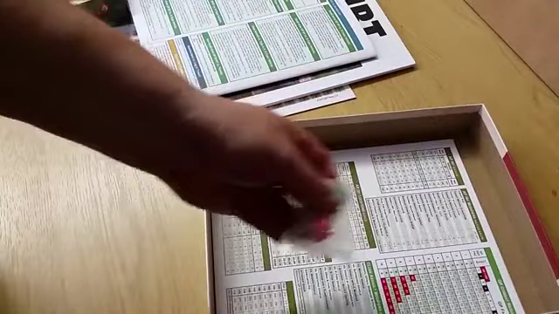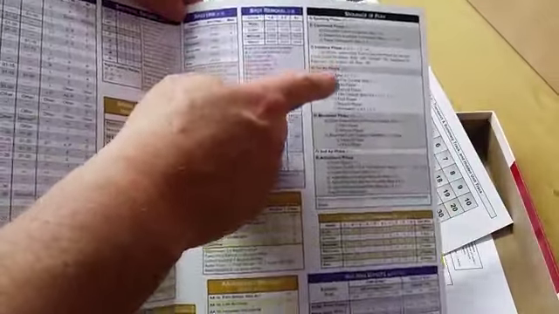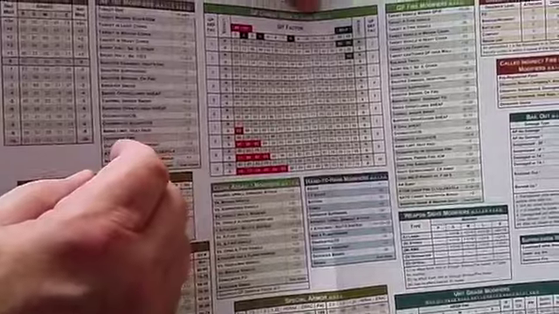4 dice that are included. Your combat charts, so each player gets one of these 11 by 17 charts. And your terrain effects, spotting, you have a handy sequence of play here. And on the back, a number of your go-to